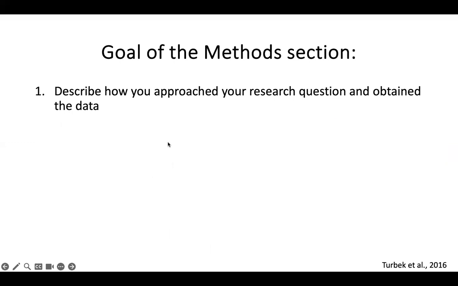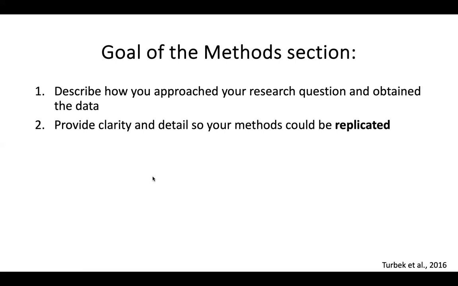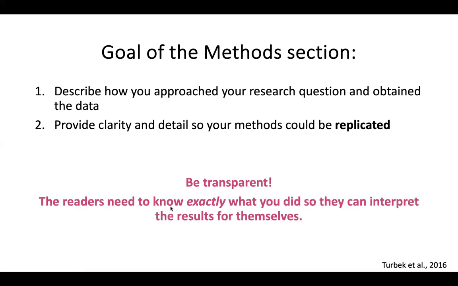Okay, so the goals of the methods section are describing how you designed your experiment to address your research question. And you need to provide a high level of detail in your methods section so that your methods could be exactly replicated. And it's really important with that to be as transparent as possible and to use a lot of detail. So again, if someone reads your methods section, they should be able to read through it and replicate exactly what you did in the lab, and hypothetically produce the exact same results. So for achieving this optimal transparency,